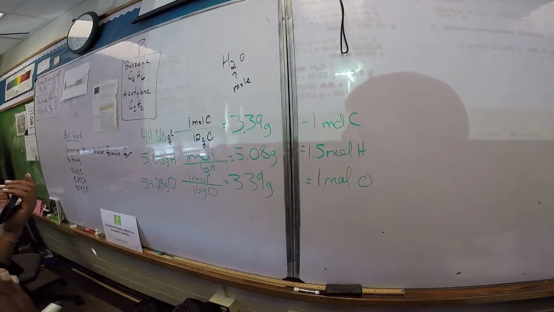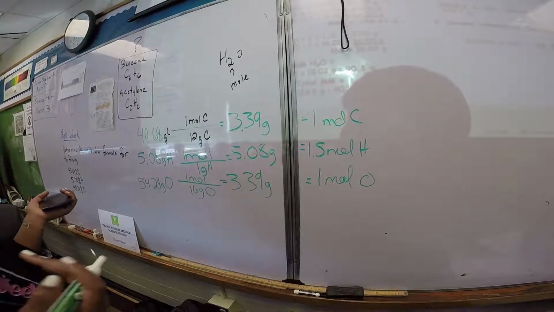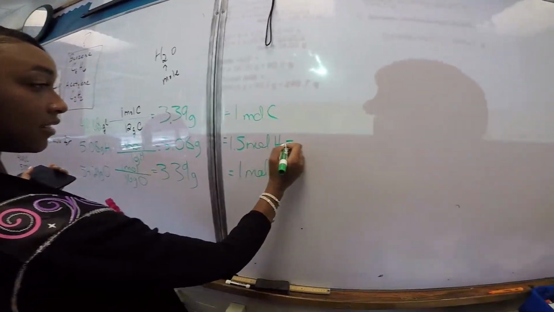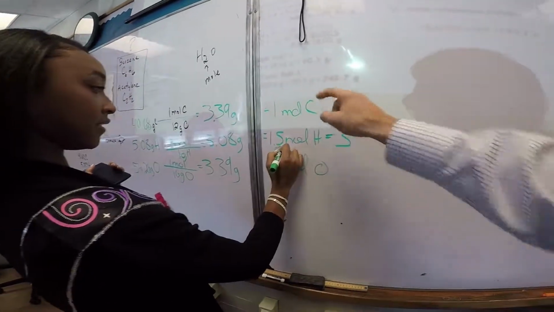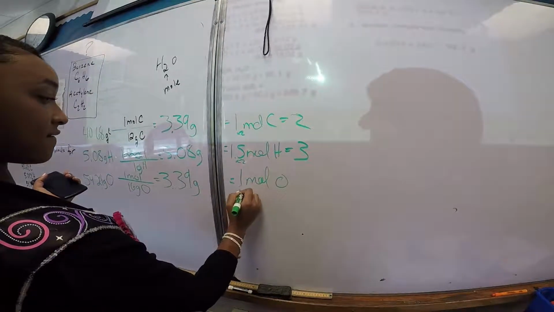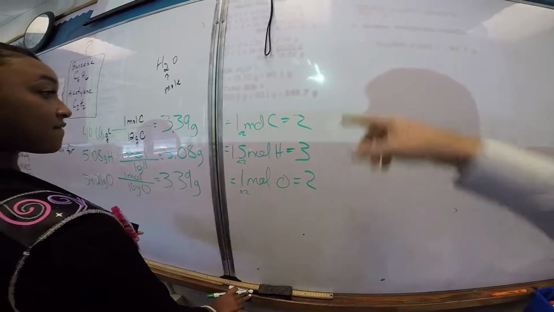Multiply times 2. Because 1.5 times 2 is what? 3. So you're going to put equals 3. Then you have to do the same thing to this though. You did the same thing to 1, so it ends up being 2, 3, 2. So your formula is going to be C2